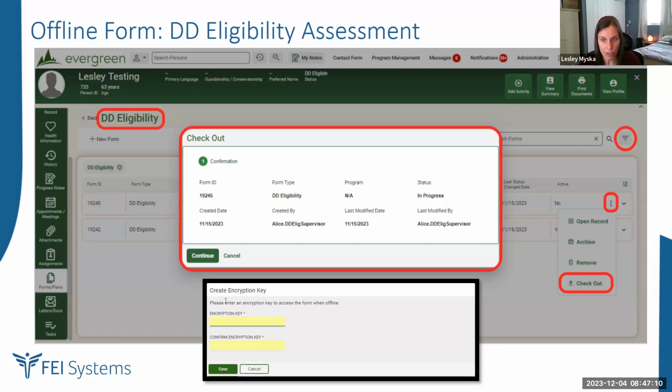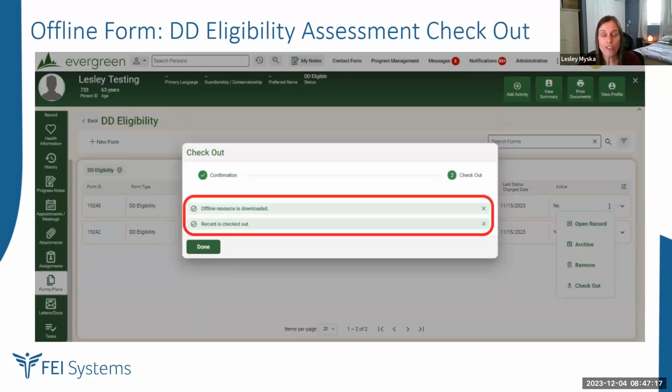You won't need that in order to do the checkout process. Next slide, please, Miranda. After saving the encryption key, the system will display two success messages like the ones shown